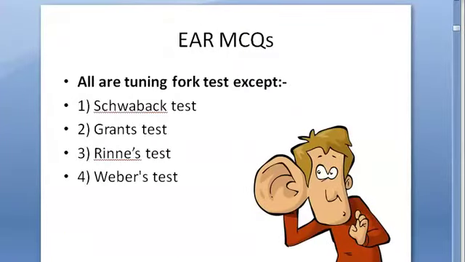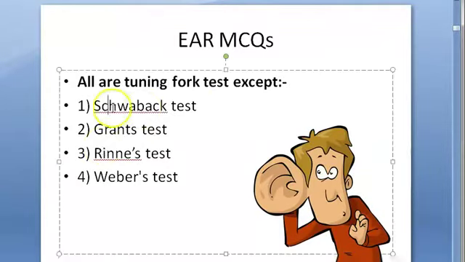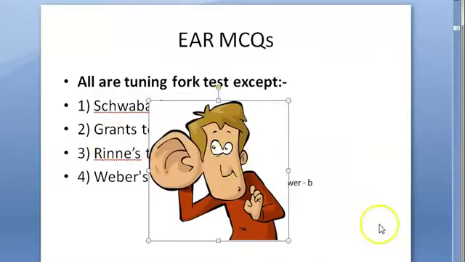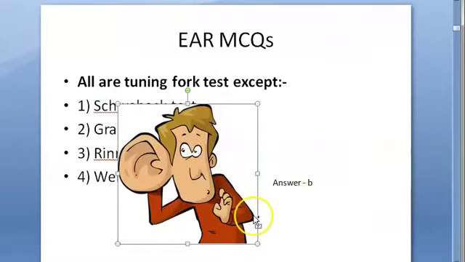All are tuning fork tests except. What do you think the answer is? Schwabach's test you have seen is a tuning fork test, Rinne's test, Weber's test, all are tuning fork tests. So the answer here is B. Right? Okay. Then